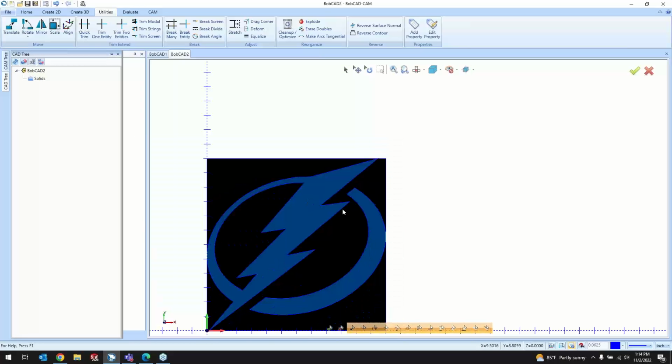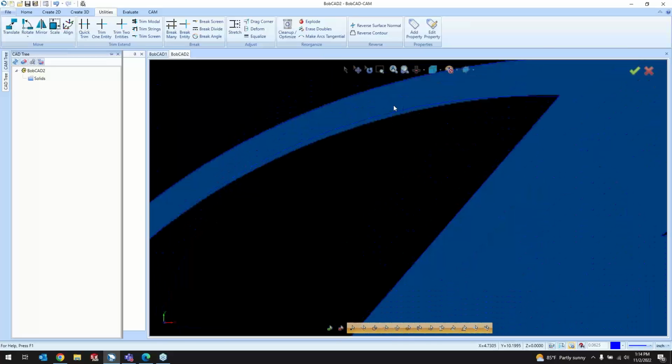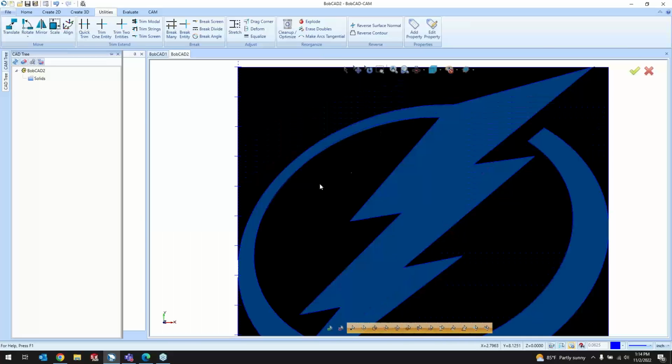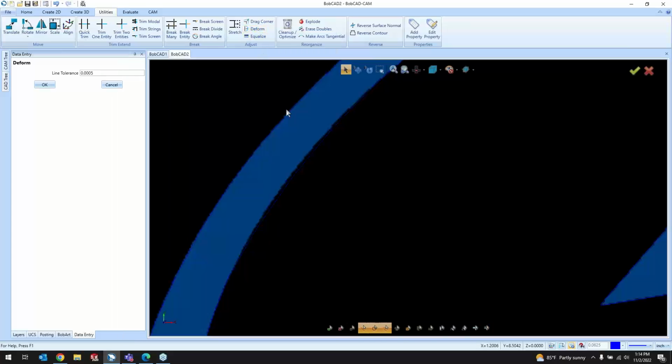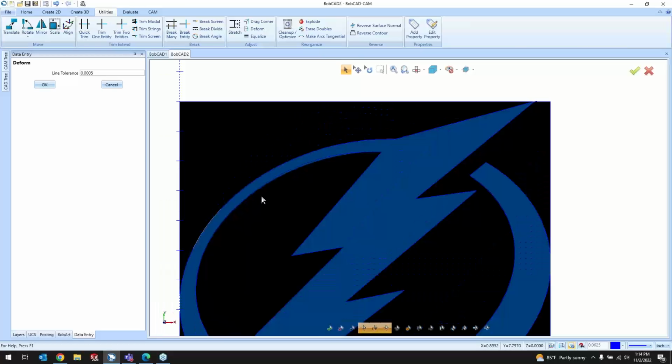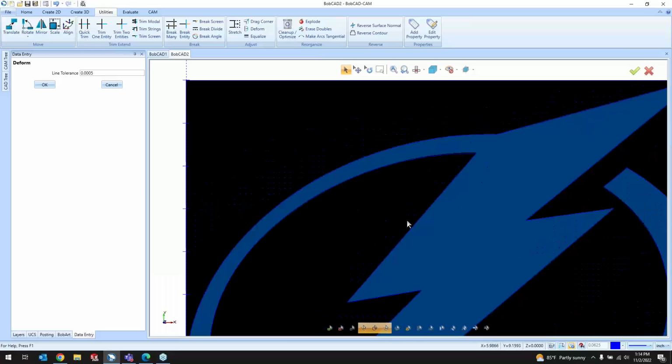And then from there, we have some CAD functions to help with the curvature to make this a little bit larger, make this one a little bit smaller, to make it look more like the logo here. And we can do that by going to our utilities. So we just went through the break entity functions there. We have our drag corner and deform. So deform would help really well here, where I can make the curvature a little bit larger there. And then I can click on this arc and make the curvature a little bit smaller there, lined up best